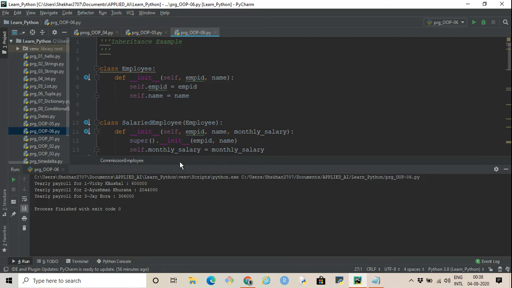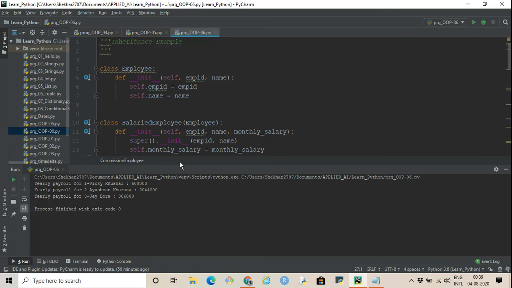a class called a subclass, or a child class, or a derived class, which inherits all the properties of its base class or the parent class. So the idea of inheritance is that we have a base class, or a parent class, which defines some properties, and then there is another class, a child class, which inherits all the properties of its parent class. And it also has the option to override any of the properties which it inherits, or it can define some new properties. So that's the overall idea behind inheritance.